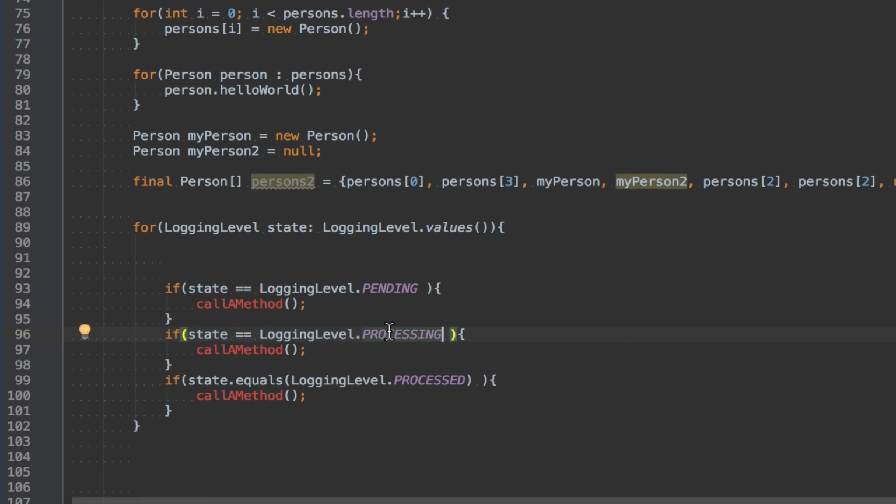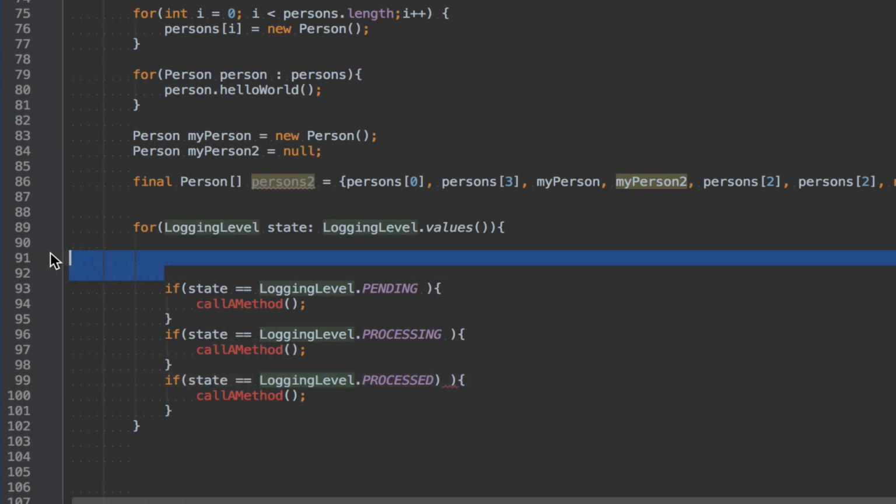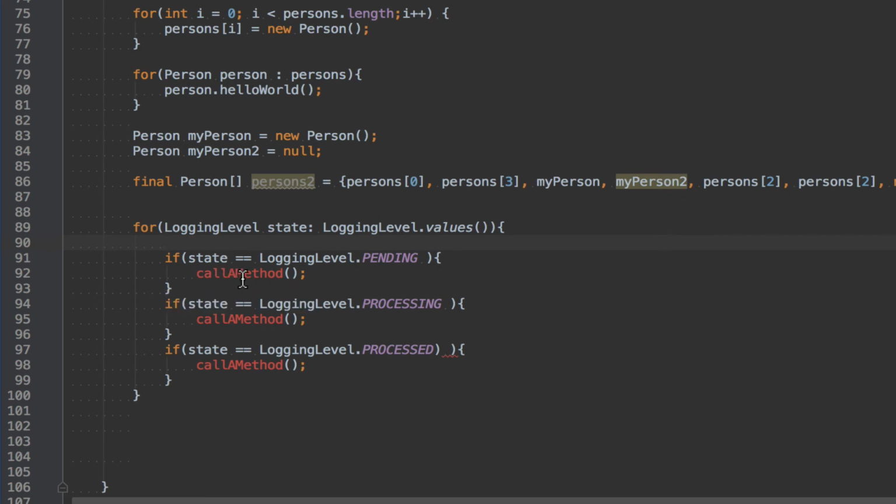Because this is not an object. This is a static value. Okay. Well, let's just remove this. Okay. Now, you see, I think it already got so much more readable and shorter. But however, there is still a shorter form, which is the switch statement. However, we will not do this today. We'll do this in the next tutorial, the switch statement, because I think otherwise it's just too much for one